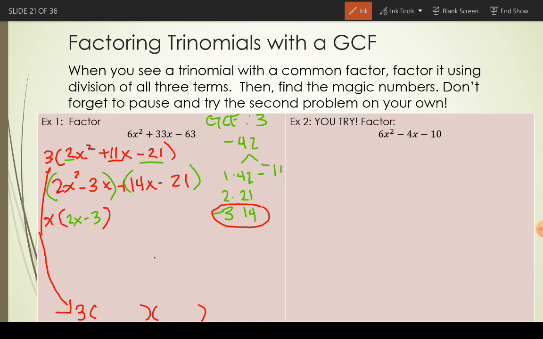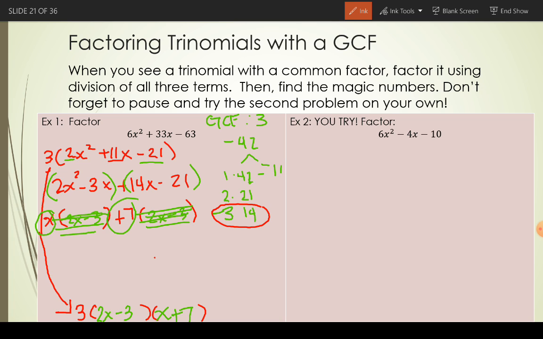And we can take out a 7 from our second pair, and here we'll also be left with 2x minus 3. Okay, we have 2x minus 3 in both cases, so I know that's going to be one of my factors. Okay, we cross 2x minus 3 out, so we can clearly see what's left. X plus 7 is my other factor.